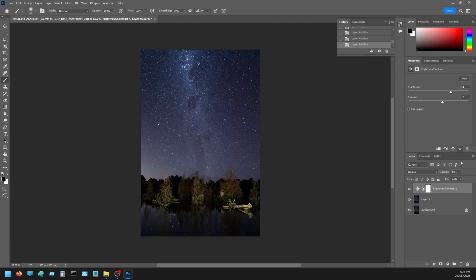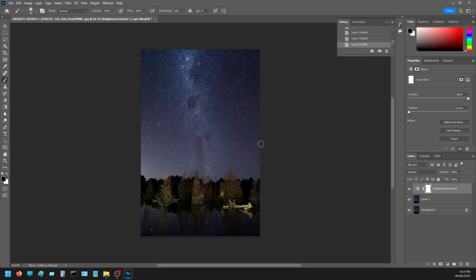Because it's lightened the sky as well, and we probably want what's there of the Milky Way. This was photographed when the core of the Milky Way is below the horizon, so it's not the ideal time of the year, but it's when this lake was full. So the night sky, it probably doesn't hurt to be a bit darker. So rather than that global thing taking effect, let's click on the mask,